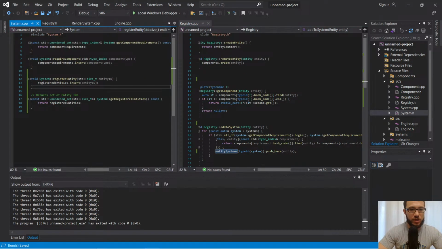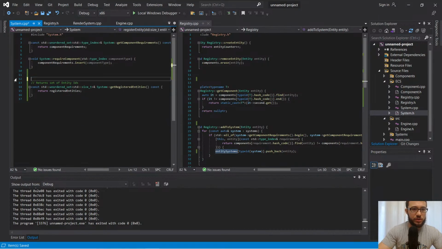We'll be able to say get registered entities, and when we say get registered entities, we're not going to use this. This is not how we do it. We're not going to use this. And what we will do is,